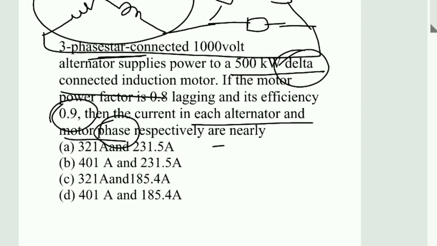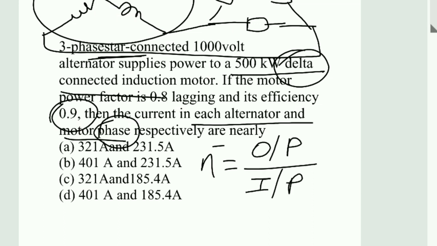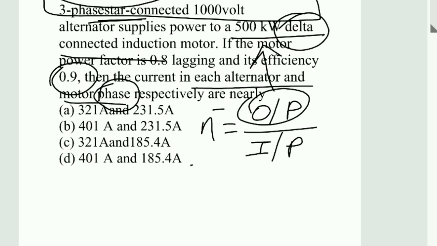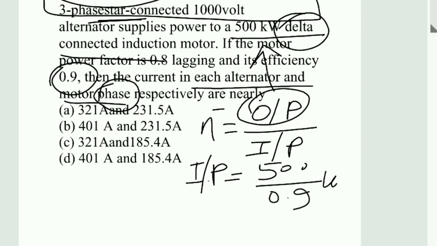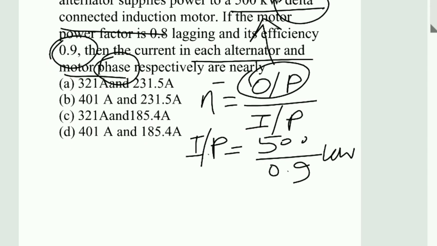So what is efficiency? Efficiency, eta, equals output by input, right? Where output is 500 kilowatt, the output of the induction motor. So what is the input from the alternator side? It will be, in kilowatt, 500 by 0.9 in kilowatt, right? So as we know, power P equals root 3